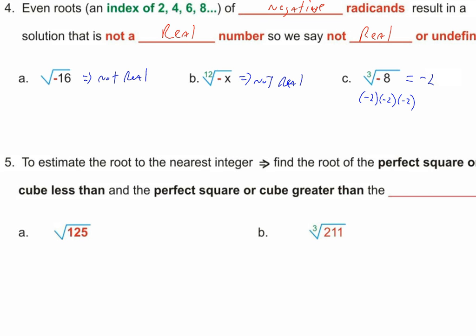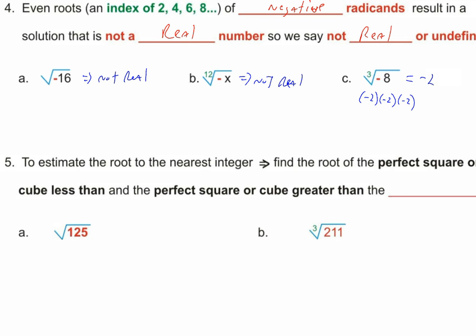So how about this conclusion? Yes or no, can you have an odd index and a negative radicand? And the answer is yes. So it's not a problem having an odd index, a cubed root, a fifth root, a seventh root, and have a negative radicand. That can work because whenever you multiply a negative times a negative an odd amount of times, the result is always,